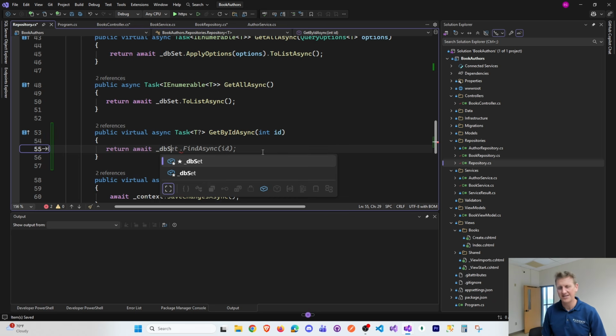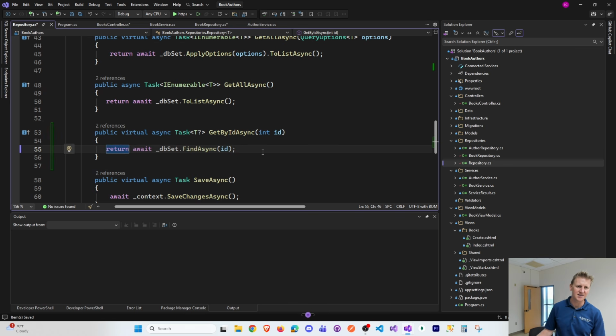DbSet FindAsync, so this actually hits the database table, finds by ID, and returns that up a level